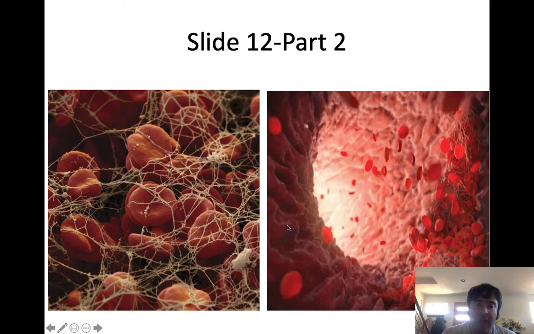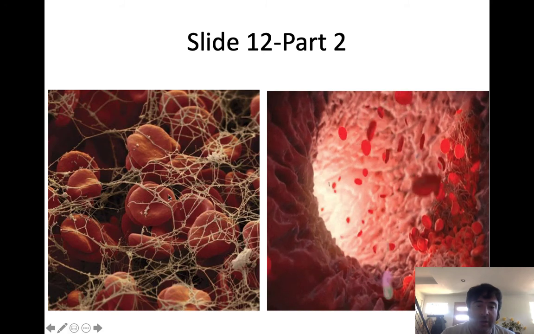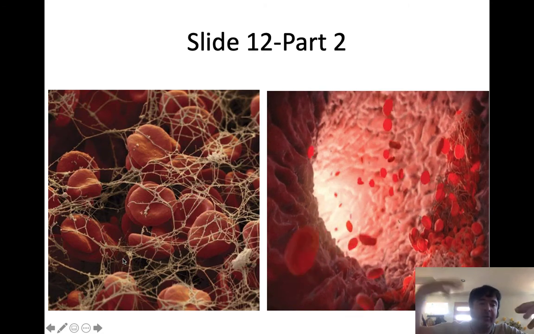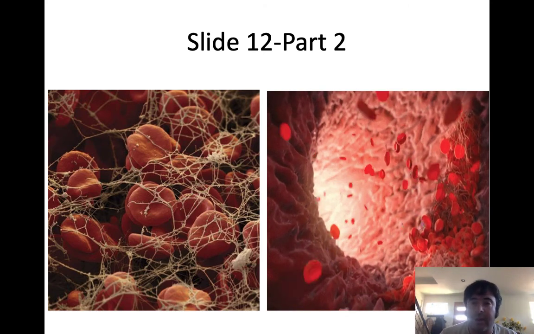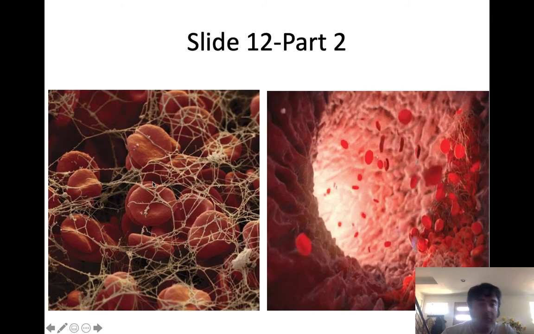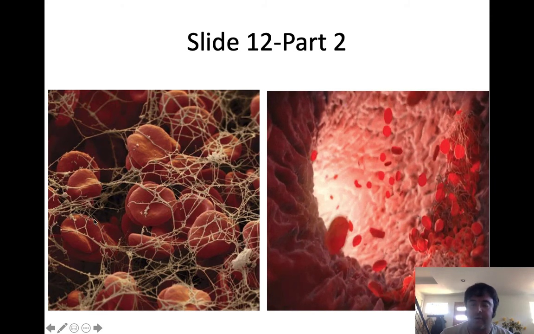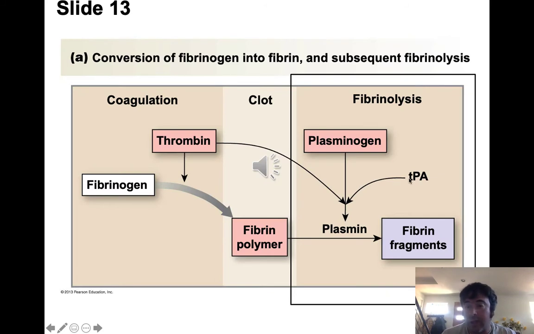So essentially plasmin comes in and starts literally breaking down all of this fibrin, and all of those trapped formed elements can be released, right? So you get the release of all that stuff. You start actually physically breaking down that blood clot, and that's what TPA does. It activates plasminogen to form plasmin, and then plasmin breaks the fibrin polymers into fragments that can be swept up